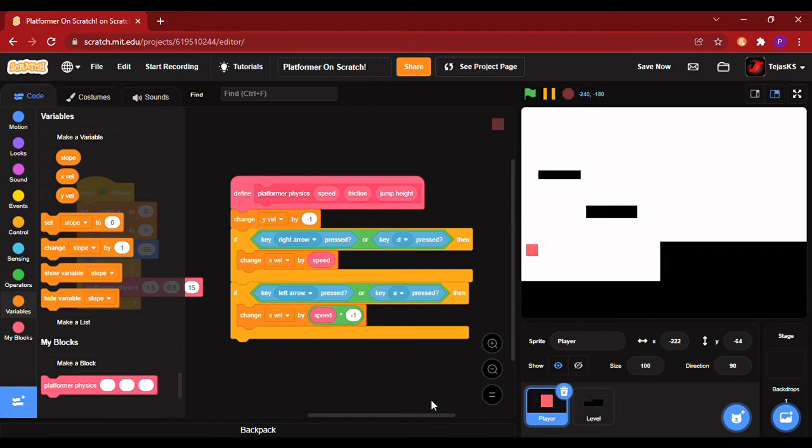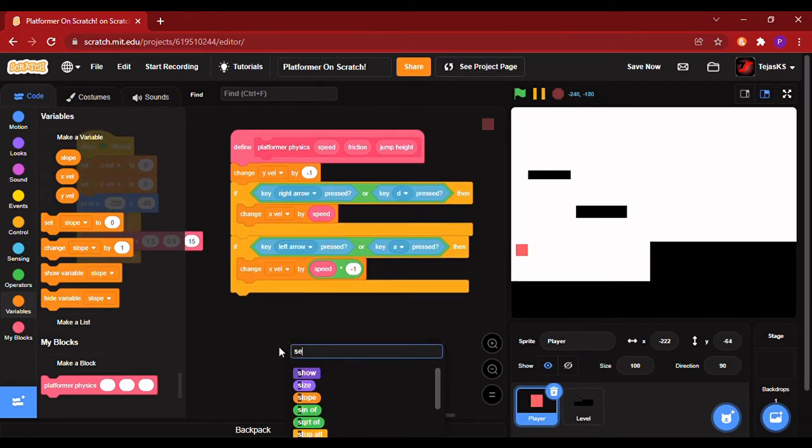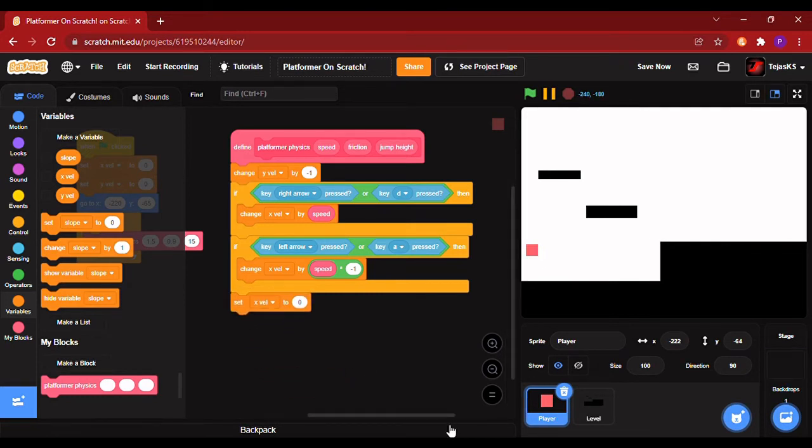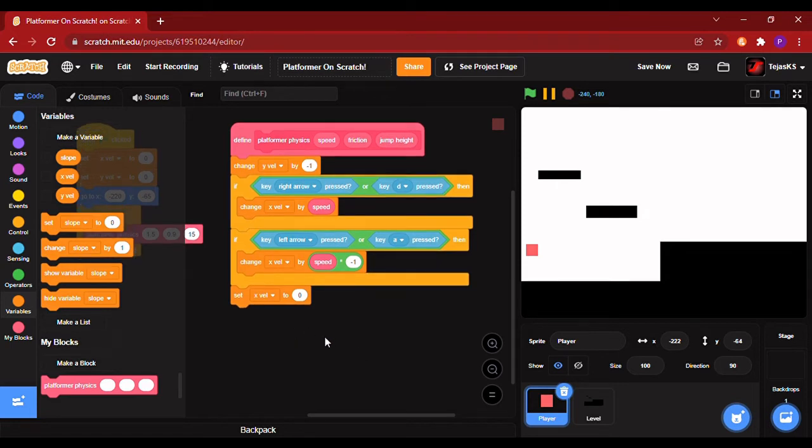After that, set x velocity to x velocity multiplied by friction. After that, put change x by x vel.